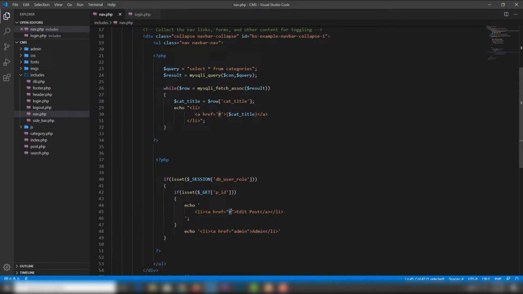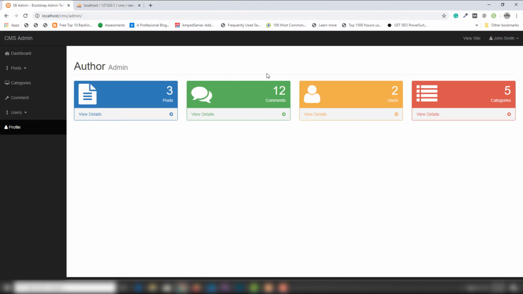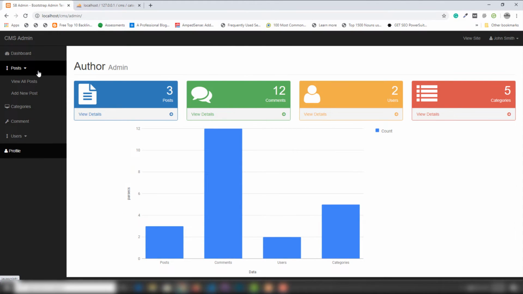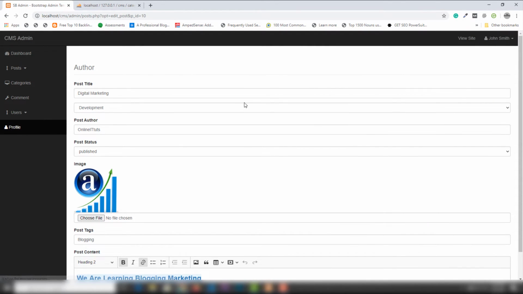So inside this link we need to assign the particular page, post URL. So I'm going to open my login page, admin panel, and go to view all posts and click edit. Inside this page you need to focus on the above, right? As you can see, this is the admin folder. Inside the admin folder we have basically,